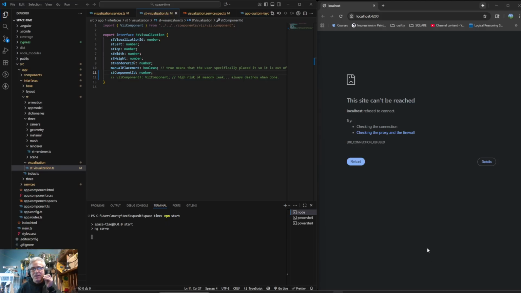Let me make sure that's in the right spot. Oh, man. So I think I blew it. At some point, I had realized, oh man, I need to have a reference to the